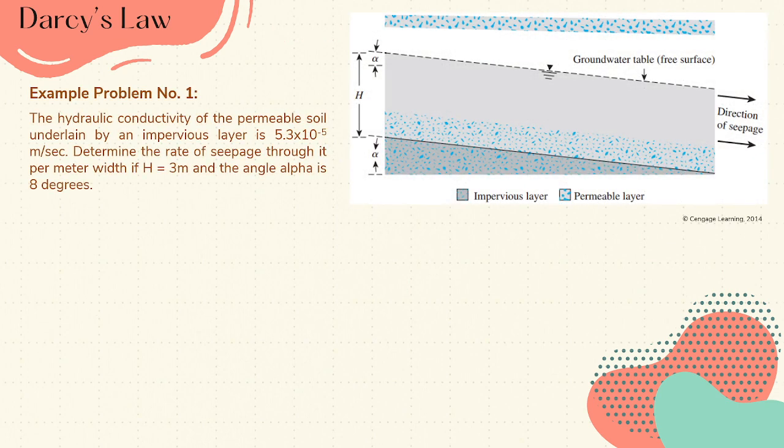So let's have an example problem. The hydraulic conductivity of the permeable soil underlain by an impervious layer is 5.3 times 10 raised to negative 5 meters per second. Determine the rate of seepage through it per meter width if h is equal to 3 meters and the angle alpha is 8 degrees. So for the solution,